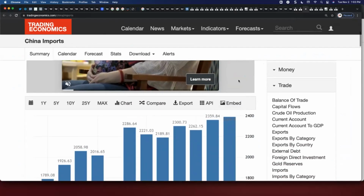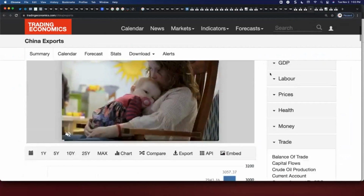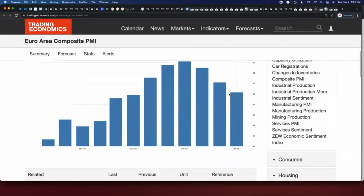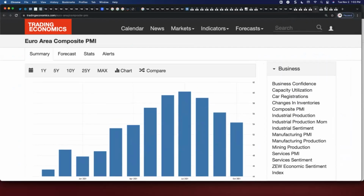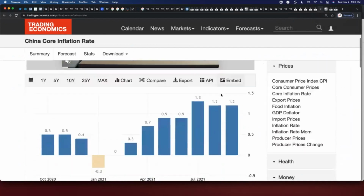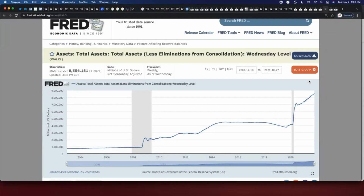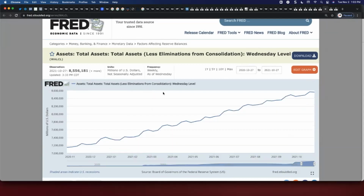Chinese imports hit a new high. Chinese exports hit a new high. No sign of a demand shock anytime soon. China's currency has been strengthening, so they're not seeing a lot of inflation on that front, although in energy and food, they sure are. US just hit